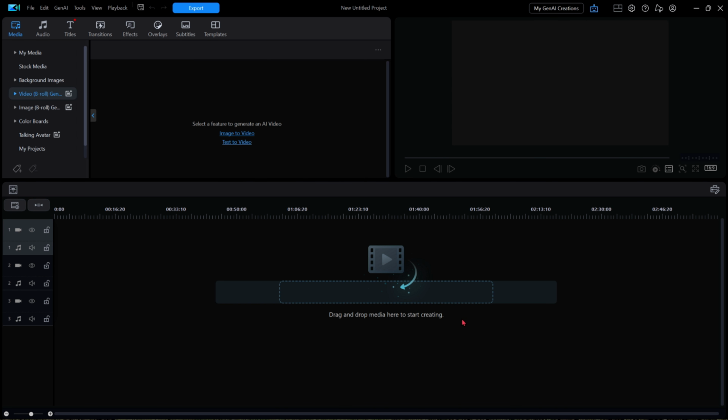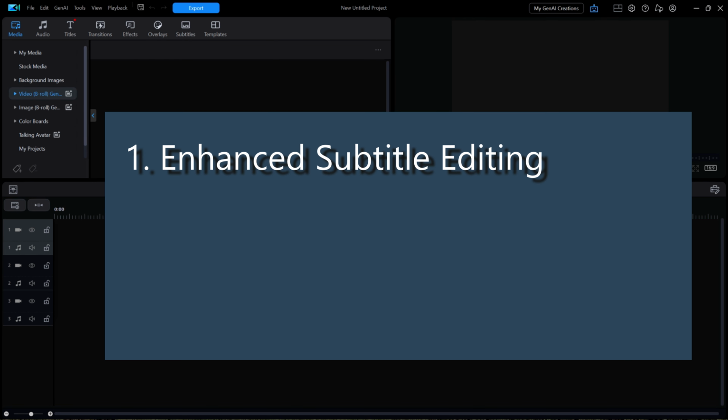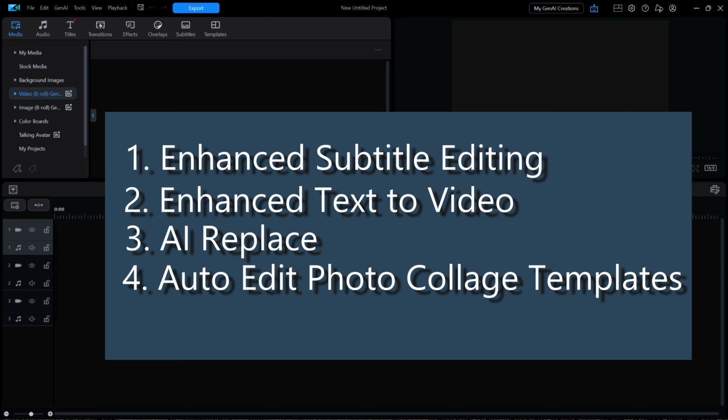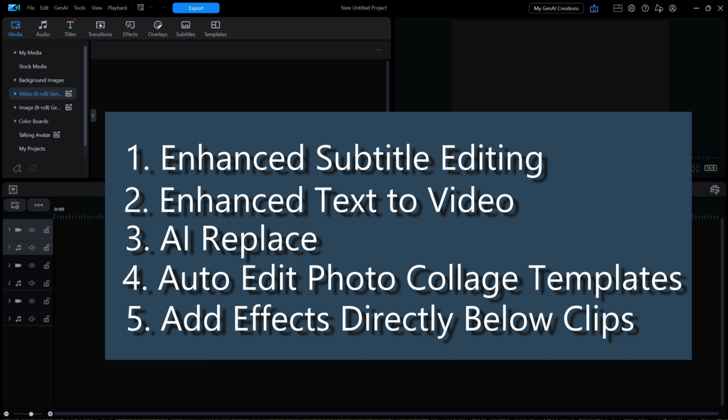Well, thankfully, this update appears to be mostly all useful features, and so far, I haven't spotted any of the usual inundation of new titles, transitions, or sticker overlays. Instead, there seems to be 5 main areas to this update. They are enhanced subtitle editing, enhanced text to video, AI replace, auto edit photo collage templates, add effects directly below